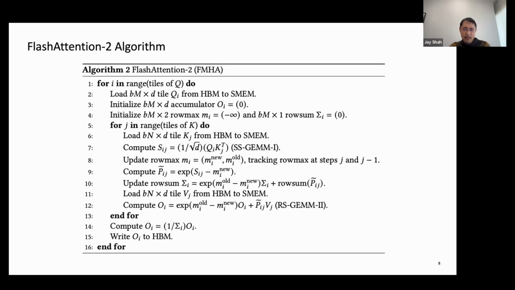In this way, the flash attention 2 algorithm can compute for a given query tile, Qi, the corresponding output tile, Oi, and write it out to HBM. The outer loop is parallelized in terms of the launched thread blocks, and the inner loop is what we call the attention main loop per thread block or per CTA.